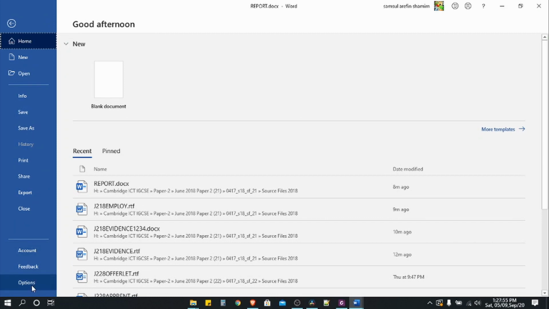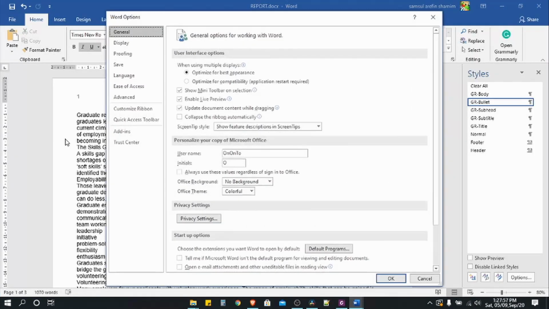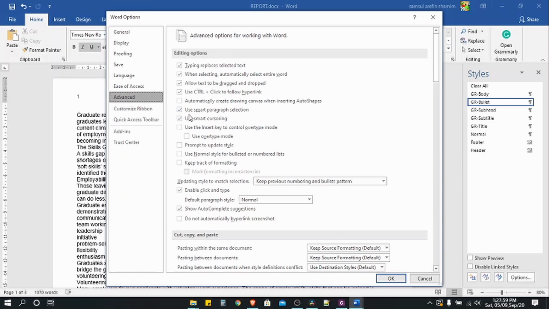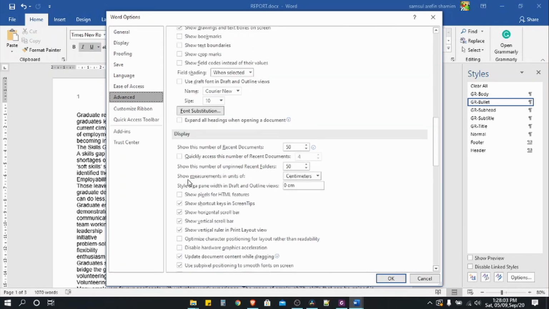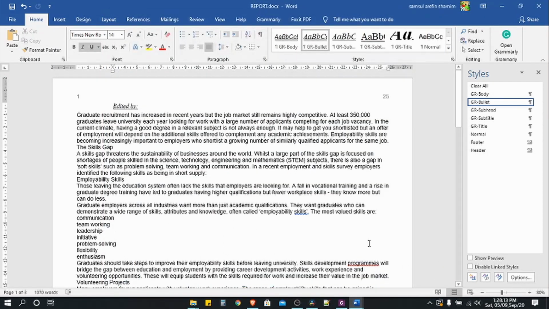First you have to click on the Options tab, then Advanced, then scroll a bit down to the Display section. Here, under measurement units, you have to change it to centimeter, then hit the OK button. Mine is already done, so here it is centimeter. Okay, so then you will find out that your